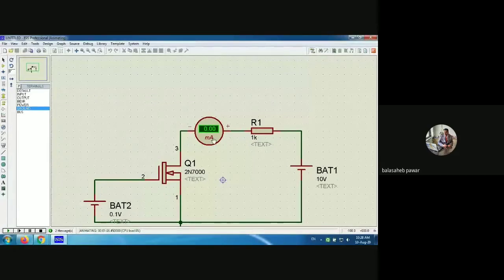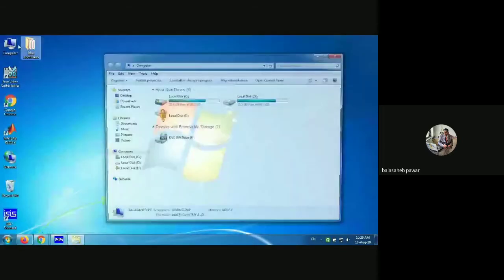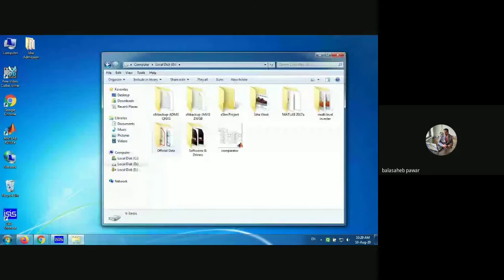Now again, just note down for this transistor, that is the 2N7000, as per the data sheet, its threshold voltage is mentioned as 0.8 volt minimum and 3 volt maximum. If you have a notebook and pen, just note it down. For this transistor 2N7000, its threshold voltage as per the data sheet. Just a minute, I will show you that data sheet also, so that you can read it.